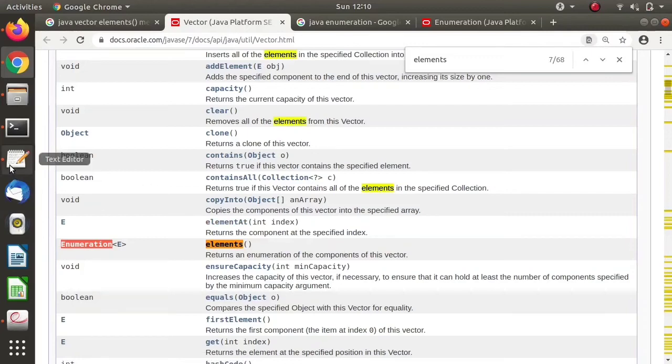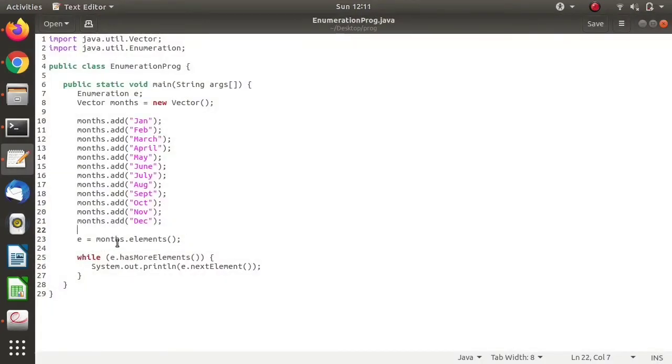So in this example you can see, when for this vector you are calling the elements method, it is returning this enumeration object. Now for this object we have two methods, hasMoreElements and nextElement. As the name indicates, nextElement returns the next element from this data structure.